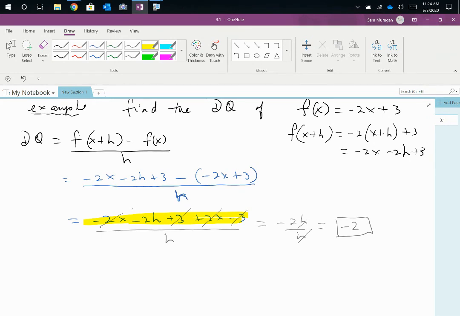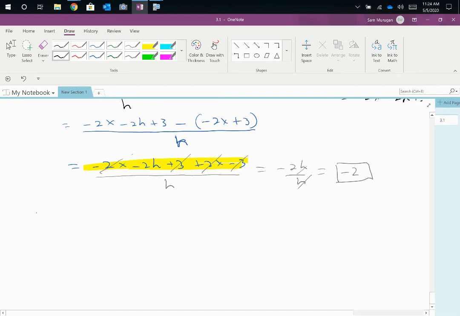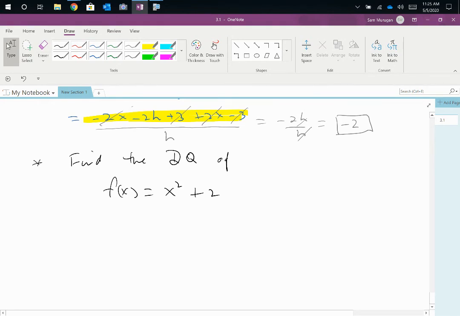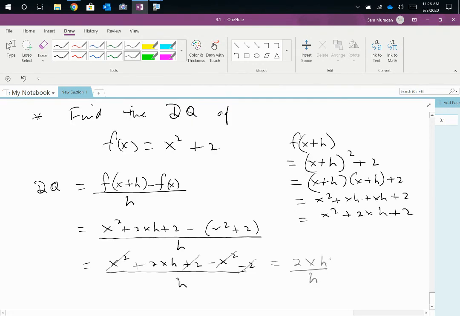Let me pick up maybe one or two more examples here with you. How about, find the difference quotient of f of x is equal to x squared plus 2. So first we would find f(x plus h), which h cancels out, and I get my answer is